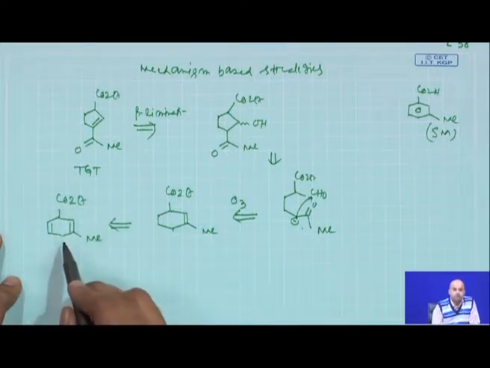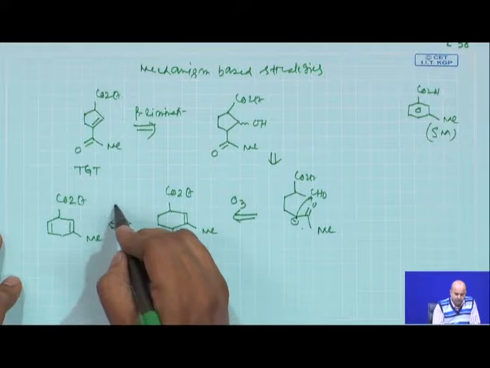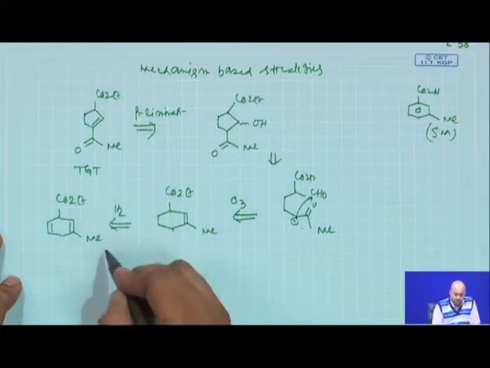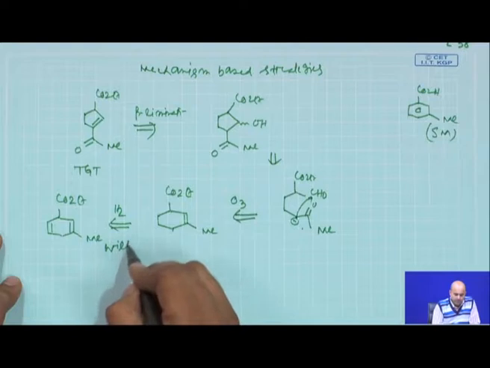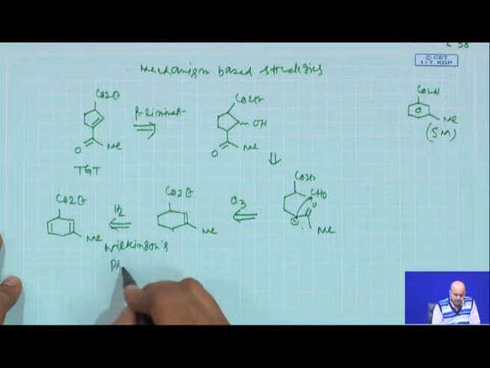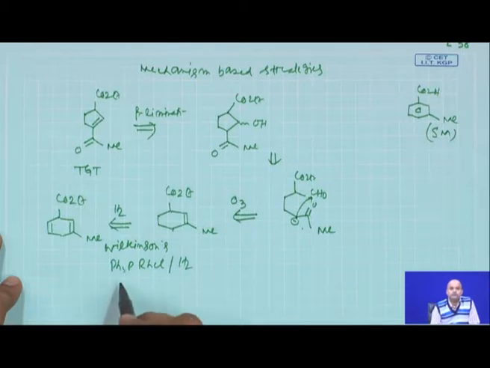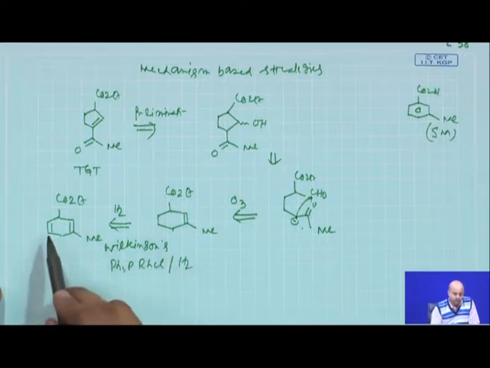Now, this compound also can be synthesized from this compound. Now, what we need to do? You basically need to do a regioselective hydrogenation at this double bond of this compound to access this. Now, last class we discussed that if you have a homogeneous catalyst like Wilkinson's catalyst, which is basically triphenylphosphine rhodium chloride, and you do a hydrogenation based on this catalyst, as this is a very bulky catalyst, this will always try to ensure the sterically less hindered olefin is reduced faster, and you can control the reduction.